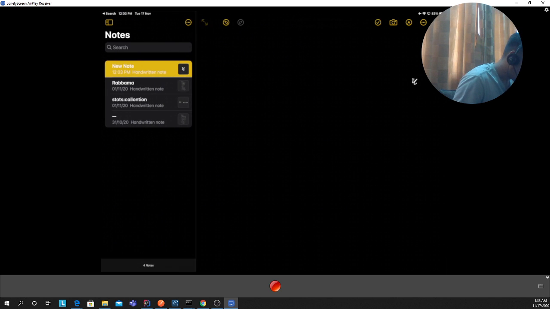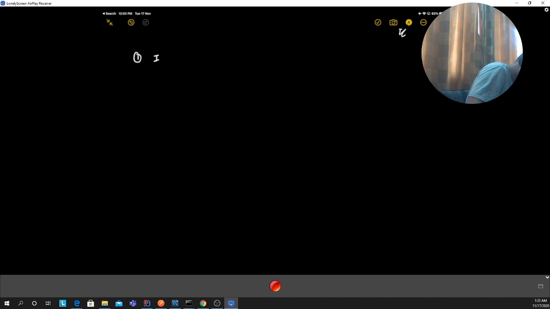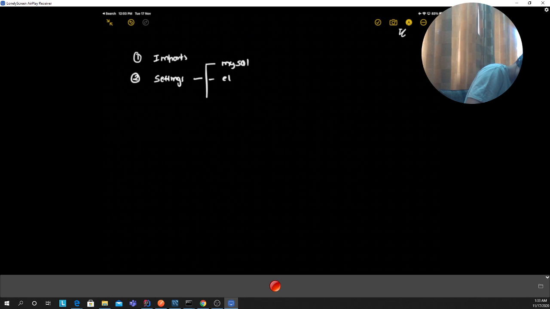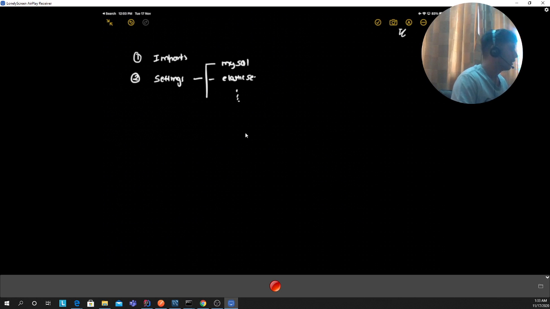My first goal was to make sure that I have all the necessary libraries. So I installed MySQL and Elasticsearch, and all of that was done. Second, I developed a class called Settings. This class takes all the settings related to MySQL, Elasticsearch, and so on. So that's the Settings class, which takes all the arguments that I would be defining there.